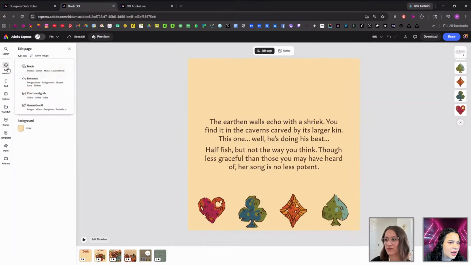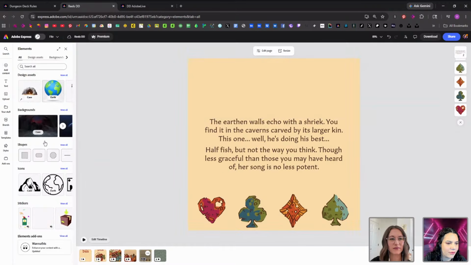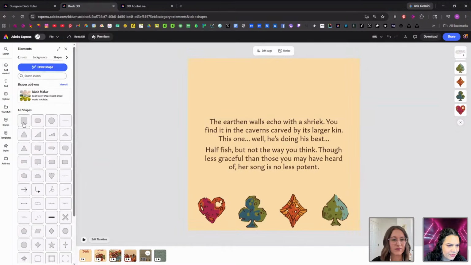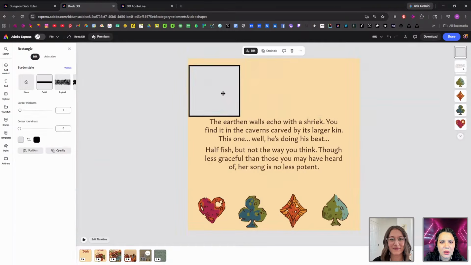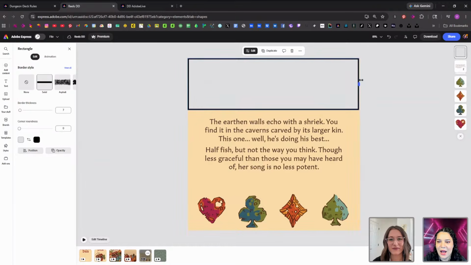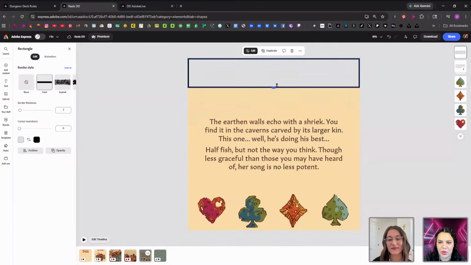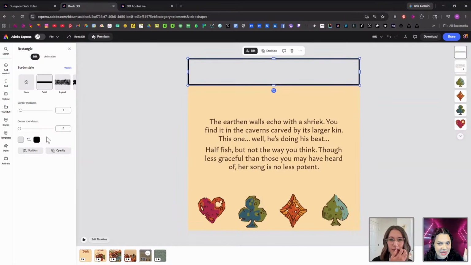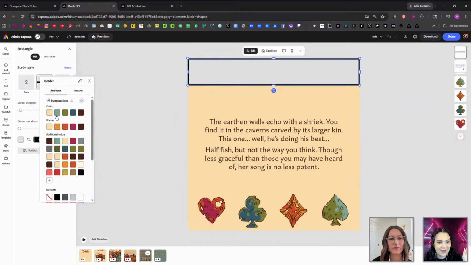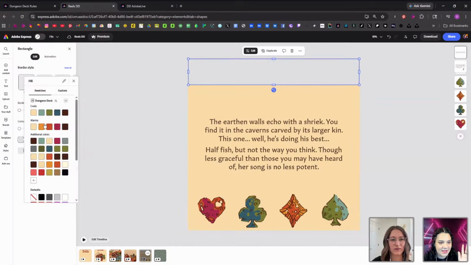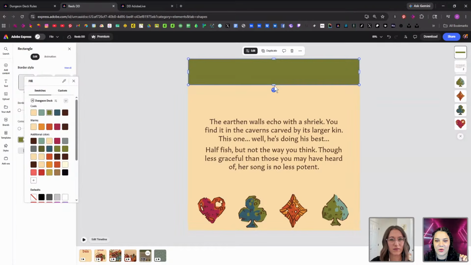I am going to grab just a random element, let's go into shapes. Grab a square. And I'm going to put a little border roughly on the top. Now, something that I should point out as I'm starting to put a bunch of things together for this: just like with illustration or anything that you're doing, sometimes we use a little saying called trust the process.